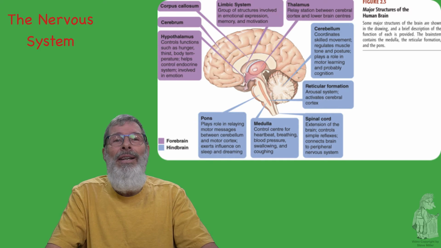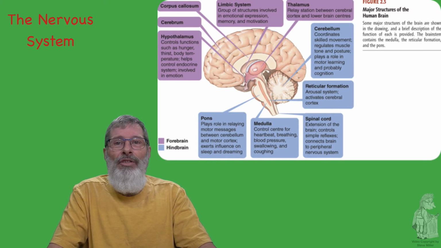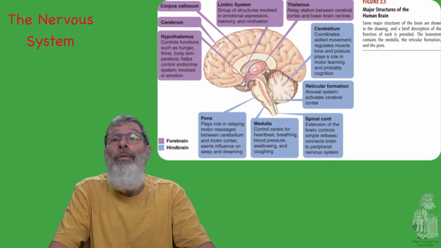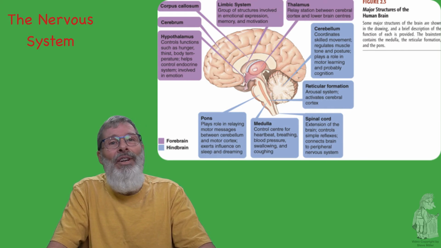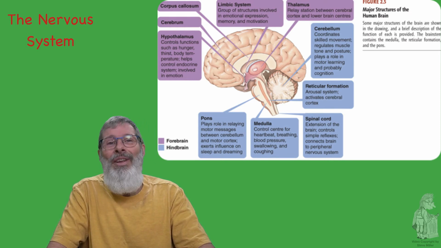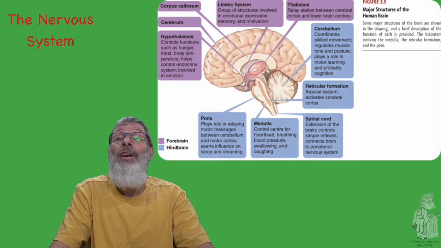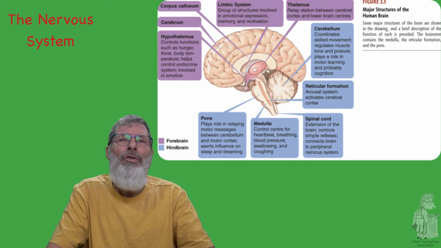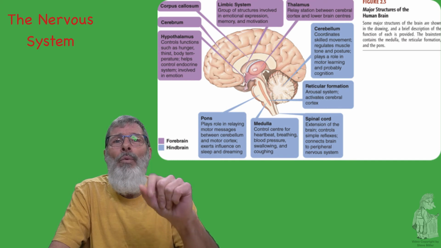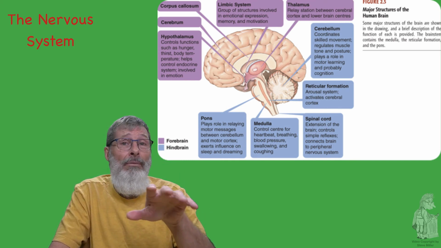We'll start with the hindbrain. This is where the spinal cord meets the brain. The spinal cord descends from the brain and transmits messages between the brain and the peripheral nervous system, the brainstem, the pons, the cerebellum, the thalamus, the hypothalamus, the limbic system, and the cerebral hemispheres, including the frontal, parietal, occipital, and temporal lobes. So the brainstem, we'll start there, contains, 1, the medulla, which controls heartbeat, breathing, blood pressure, coughing,